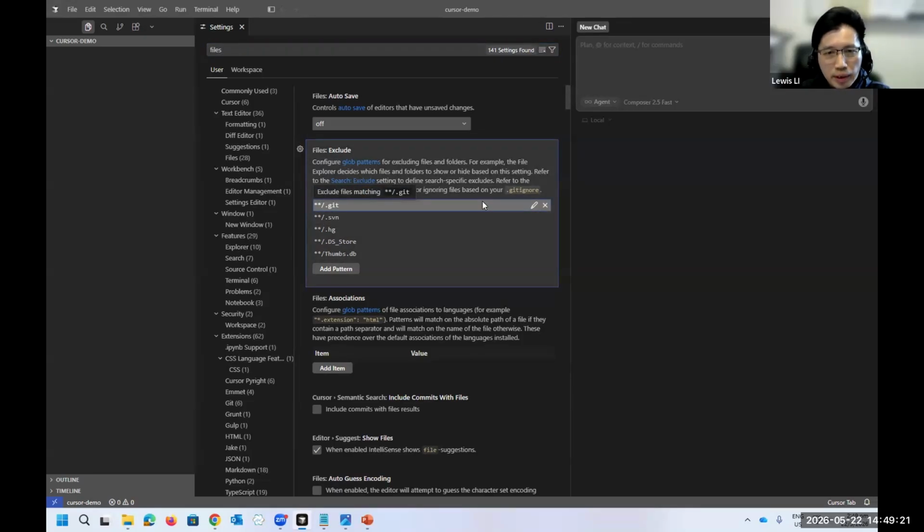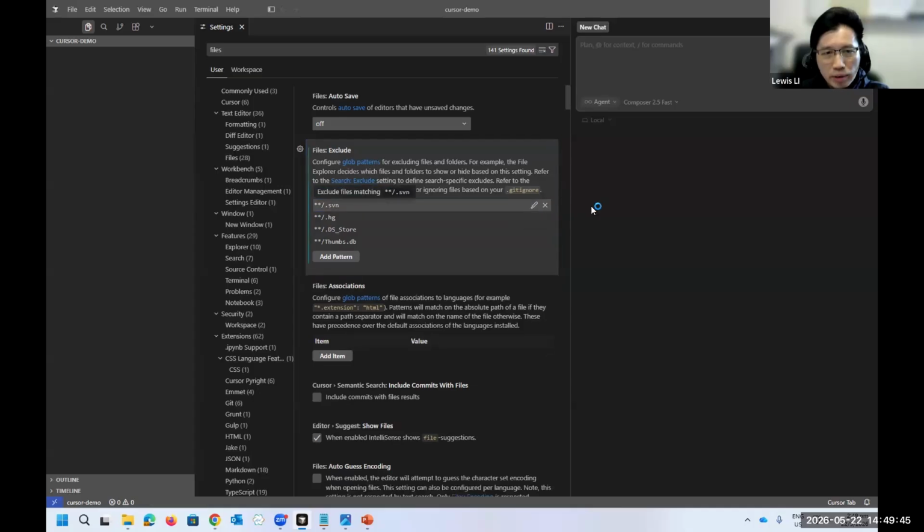I would like to remove this config, the .git rule. By default Cursor will not show any file with the .git extension, but I want to show the .git folder in my Cursor folder later on. So I just click the cross here to remove this rule.